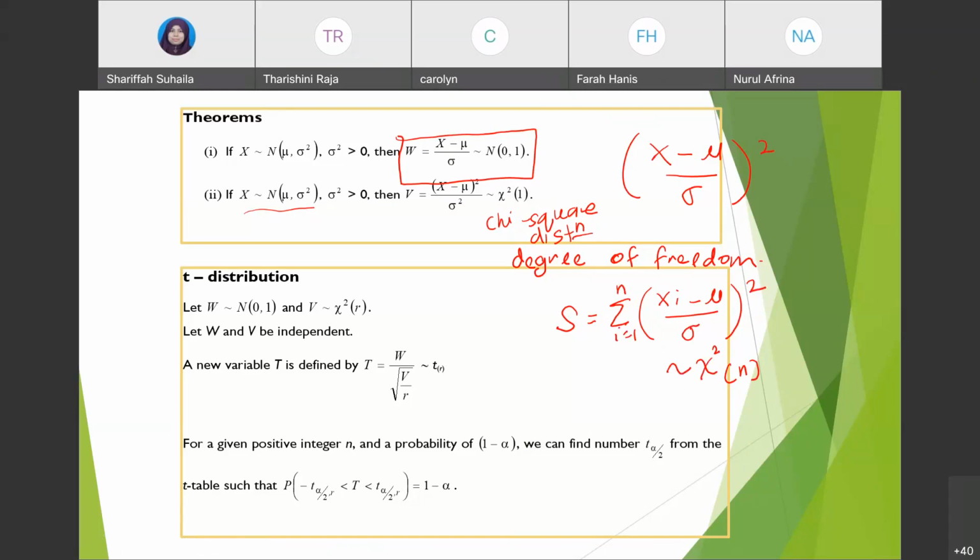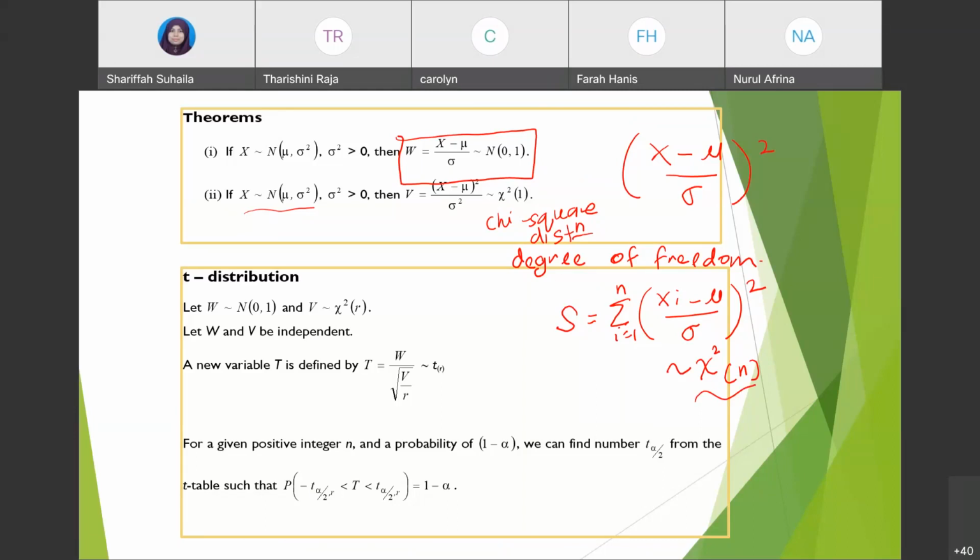Okay, ini kena take notes. Kalau kita ada X minus mu over sigma square, degree of freedom dia 1 sebab 1 je random variable. But if you have summation from i equals 1 up to n for your xi, you have S1, S2, Sn all together, you will have chi-square distribution with degree of freedom n. Okay. So itu konsep dia. Bila kita ada standard normal, kuasa 2 kan, it become chi-square. But if you have n variables, okay, so again, this one you will have chi-square with n degree of freedom.